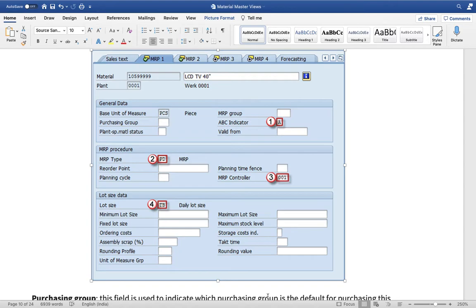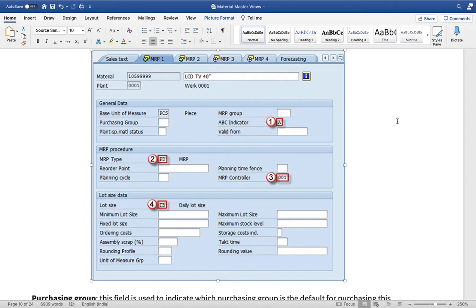In the previous chapter, we were talking about all the sales related activity. Now we are coming to another important point, which is procurement and manufacturing, and how the material number is linked with that. For that, we will discuss a few views, which are the MRP views: MRP1, MRP2, MRP3, and so on. If you want to shift between views, you can see there are certain arrows there. You click there and you can go from one view to another.